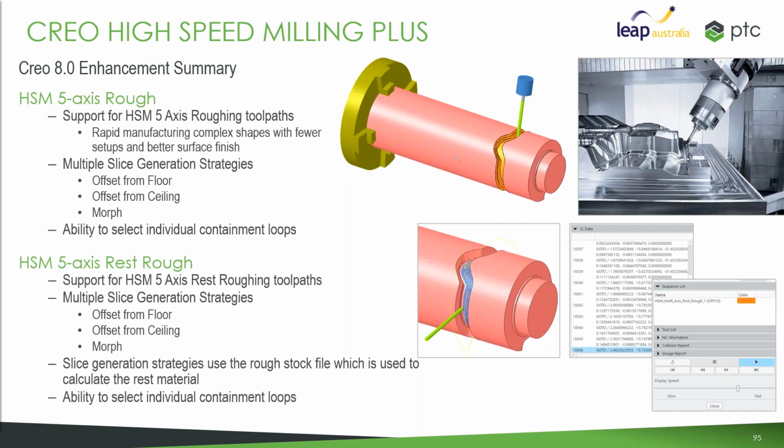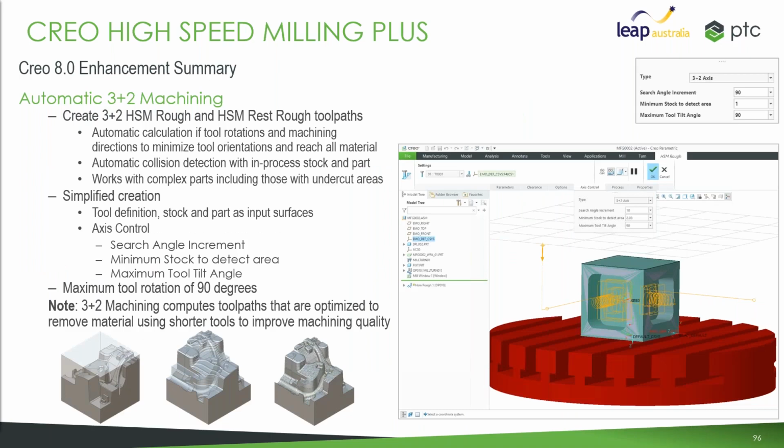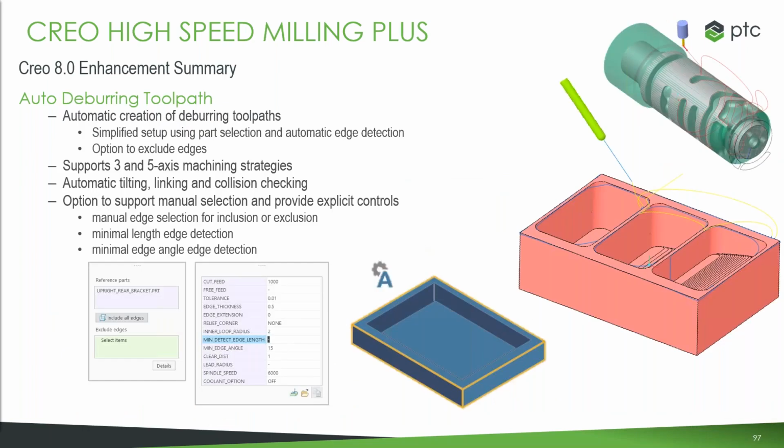So some 5-axis roughing, 5-axis rest roughing, some automatic 3+2 machining. Okay, so basically, if you've got a 5-axis machine, doing 3-axis roughing across multiple faces, so as to reduce the amount of tool change and tool or jig setup and changes. Also, a new auto deburring toolpath in there as well. So a whole bunch of new options in there. Those of you who are doing the machining, best thing is to reach out to Taju. He can give you the real rundown on all of this as our machining